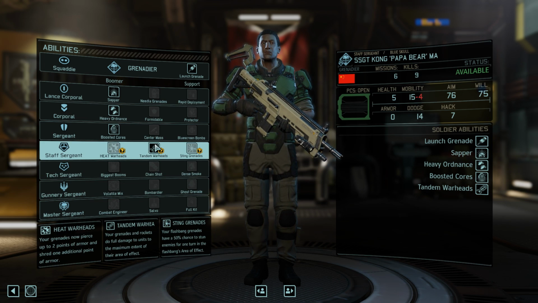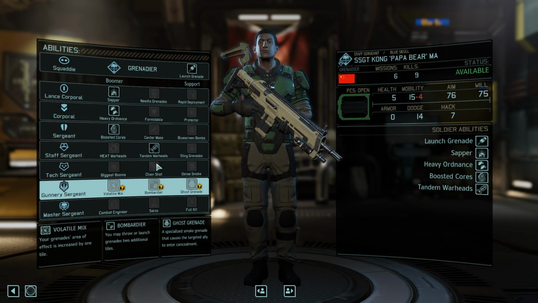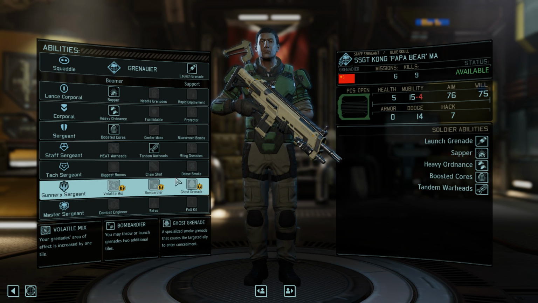With tandem warheads, that's pretty good. Of course, if I'd been smart and gone heat warheads, we could pierce and shred more armor on mechs, which might have been the right choice. But tandem is fun, and with volatile, it stacks. Ghost grenade is cool. That's the force conceal on anybody. But